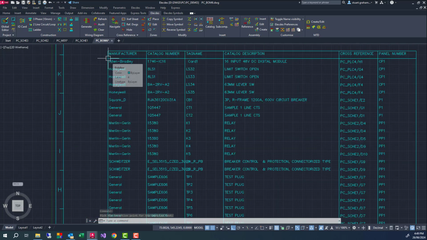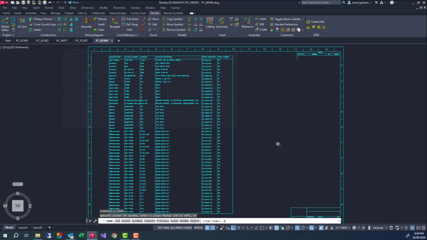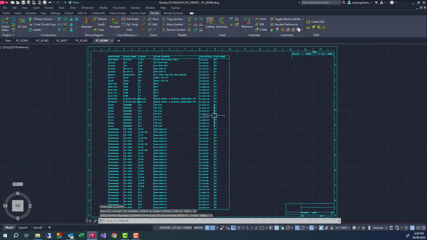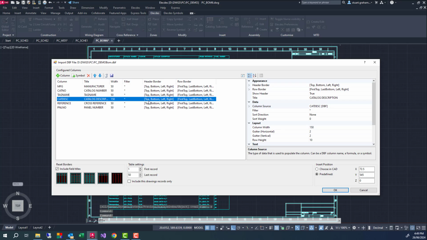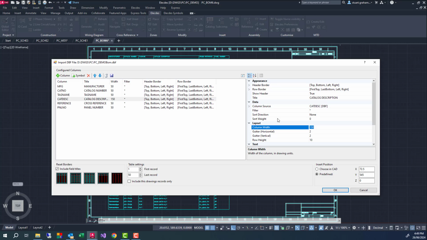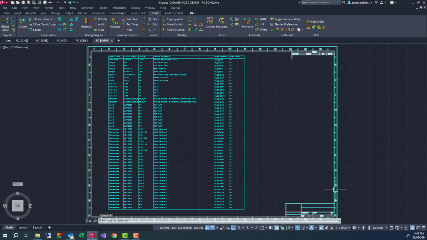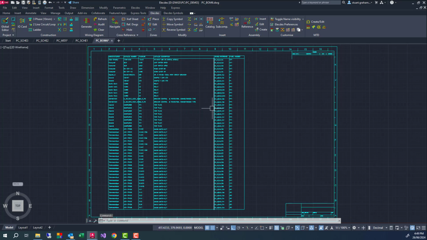The table is both adjustable and refreshable. By adjustable, I mean that I can edit the table at any time and adjust the contents, format, and layout of the table. And by refreshable, I mean that if my data changes at any time, I can simply press the refresh button and the table will be redrawn with the latest data. To demonstrate adjustable, I will edit the table and increase the column width for the catalogue description. The refresh is initiated by a button from the menu.